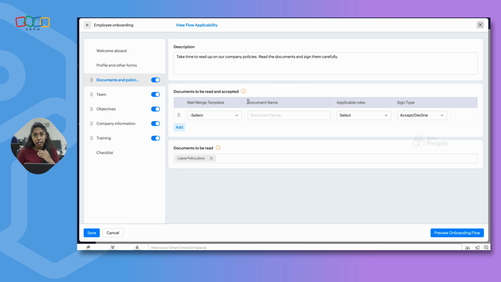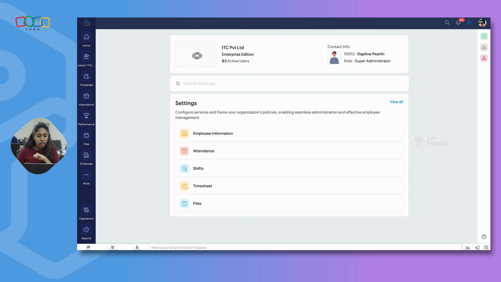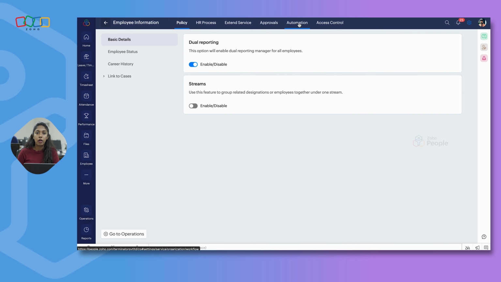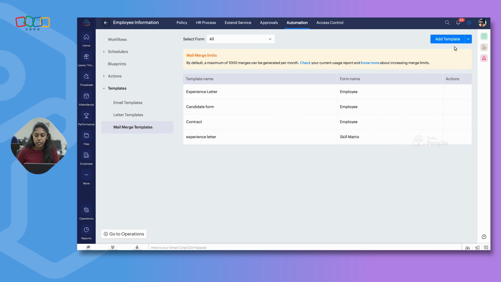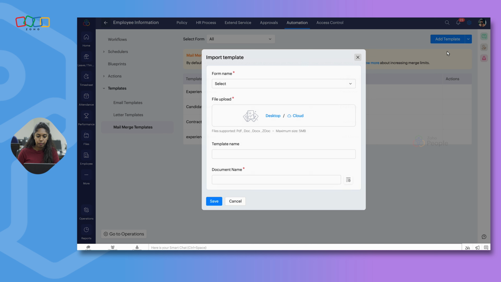So for you to create a mail merge template, we'll go to Settings, and from Settings, try to access the Employee Information module. And then go to Automation. Under Templates, we have Mail Merge Templates. So you can click on this drop-down option to import a new template.